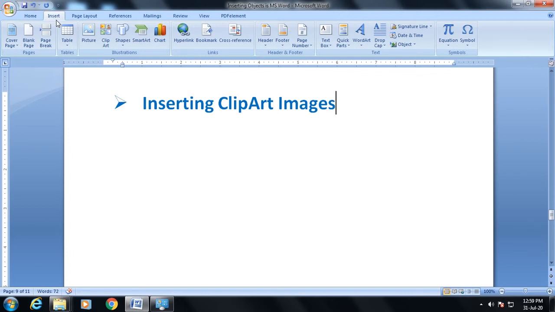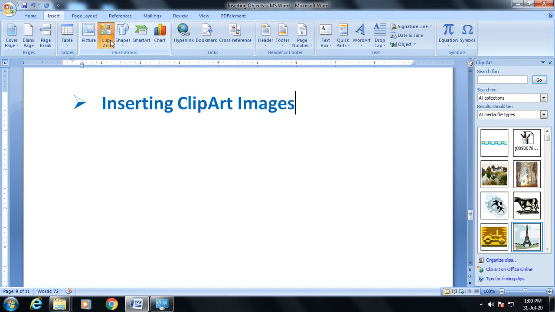Now second step, you need to click on the Clip Art option in the Illustration group. As you click the Clip Art option, you will see a window on your right side. There are different clip art images. Clip art images are basically ready-made images.